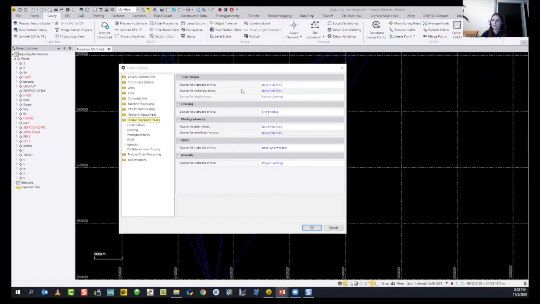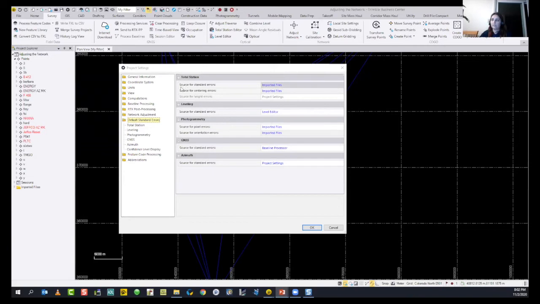So in this menu, you decide which kind of settings you will get. If you select imported files, all the settings from the raw data will be applied into the project.